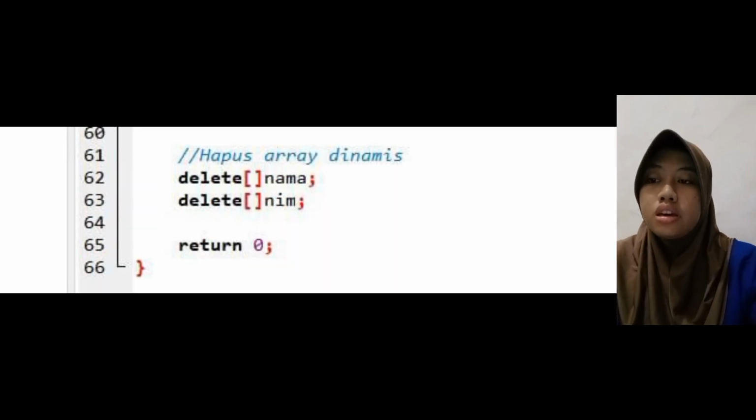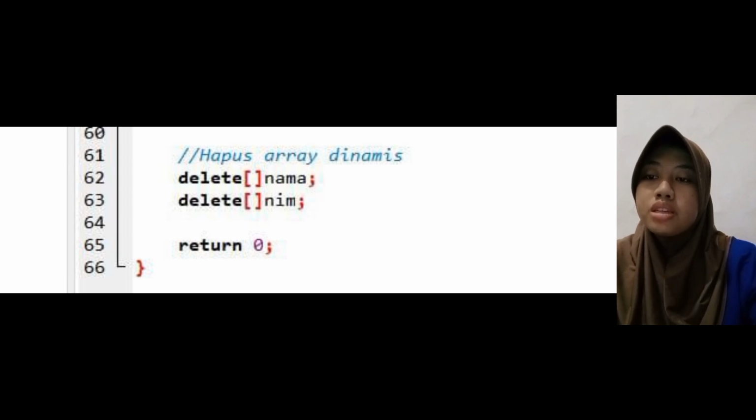printed. Okay, delete dynamic array, this is a comment informing that the next section of code will delete the previously allocated dynamic array. And then delete, this is an operator which is used to delete a block of memory which is dynamically allocated using the new operator.